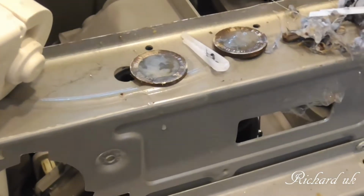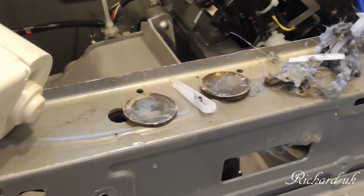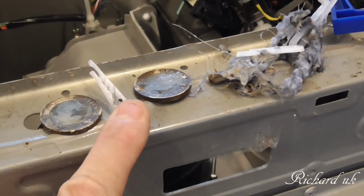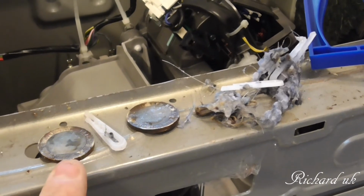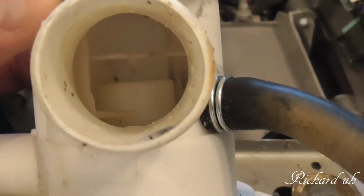Well, having twisted, pulled and tugged and got different tools to help, I have found 3 clips which are used when you buy new shirts, and 2 £2 coins all wedged in there. Let's get the hose out of the way. Now you can see,